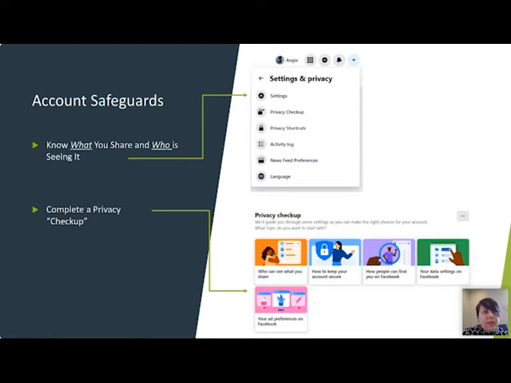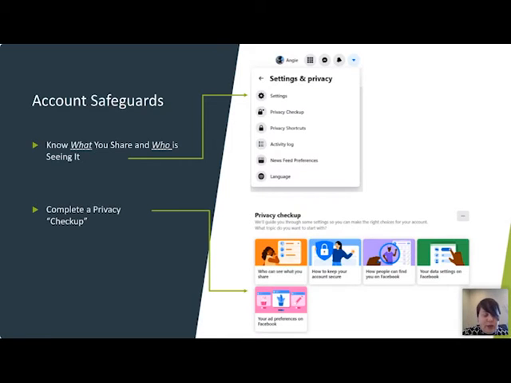If you are posting in groups, groups can have a privacy setting, and it may be set to private, meaning you have to be a member of the group in order to see it. Your group might be public. And if it's public, that means even though you have the setting, by participating in those groups, you are publicly posting and giving information about yourself.